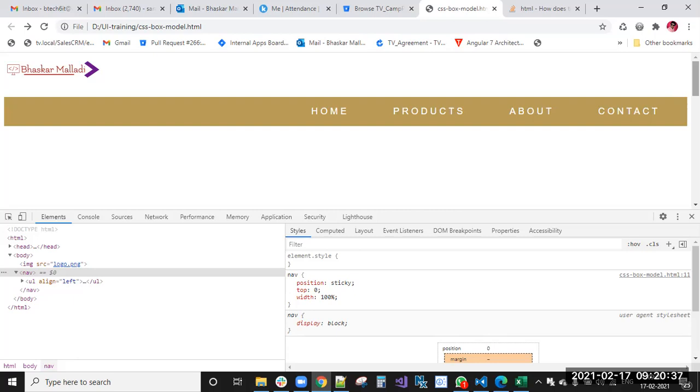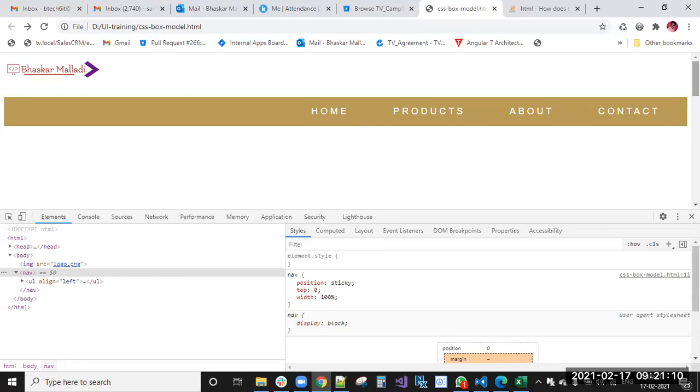If left is 100 pixels, it moves 100 pixels from the parent's left, and top 0 is from that top. If that parent is not relative, it will check the next parent, and so on up to the document. If no parents have position relative, it will follow the document, sitting at the document top 0 position.